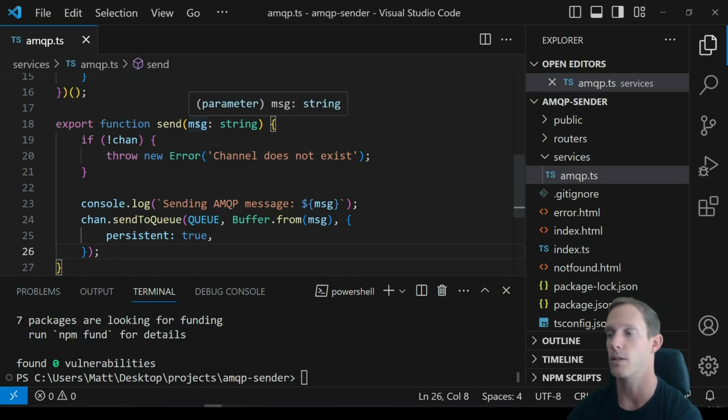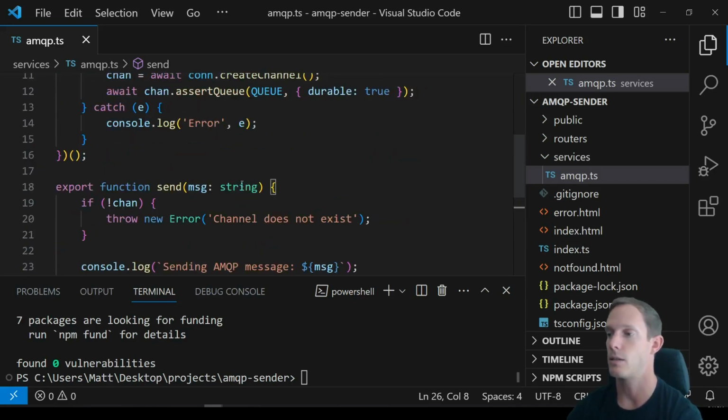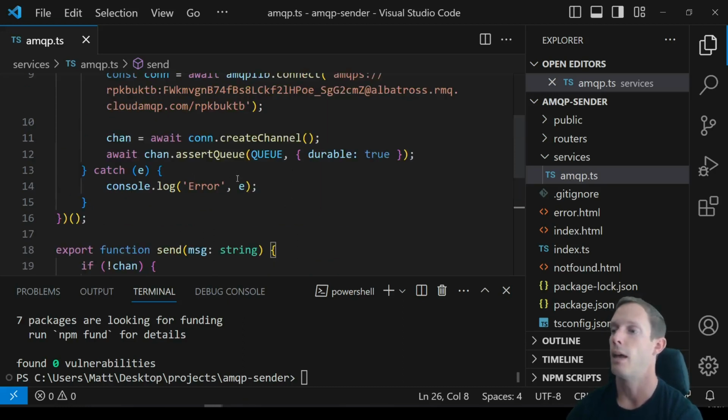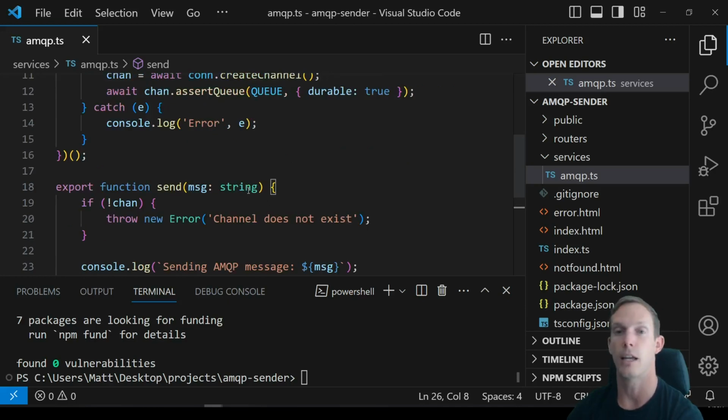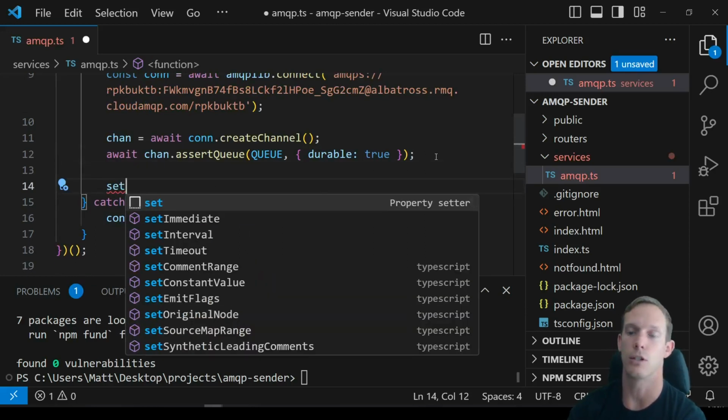Now, typically you'd want to probably send something like JSON since we are working with Node, but the whole idea behind AMQP is this platform agnostic approach. So you want it to be some sort of structured data, whether it's JSON, XML, something along those lines, that is parsable and can send large amounts of information that isn't just one big long string. But what we're going to do is send just a string for demonstration purposes,